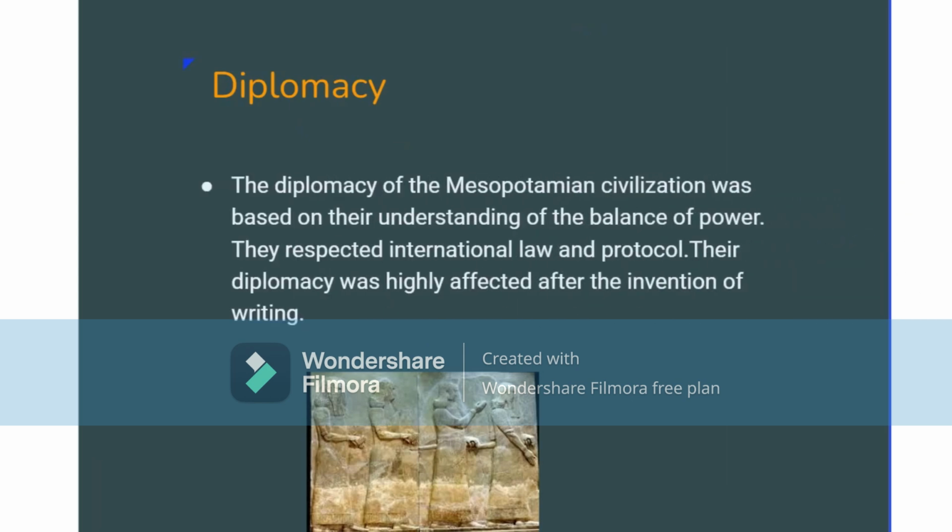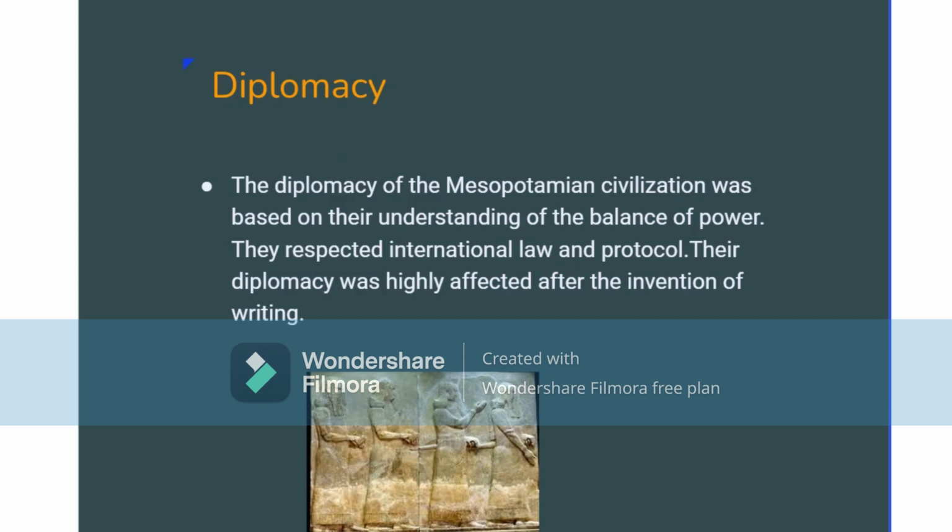The diplomacy of Mesopotamia was based on their understanding of balance of power. They respected international law and protocol. Their diplomacy was highly affected by the invention of writing. So the diplomacy of Mesopotamia was based on their understanding of balance of power and their respective international laws and protocols. And here is a line in this paragraph saying that their diplomacy was highly affected by the invention of